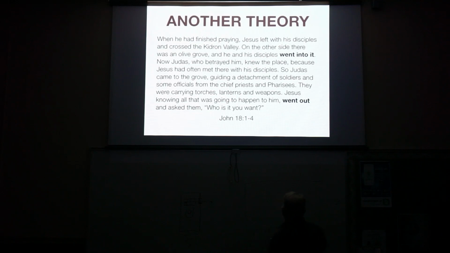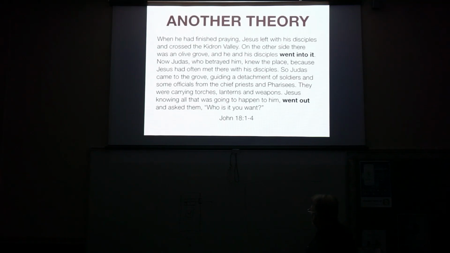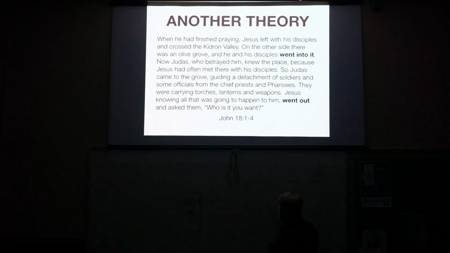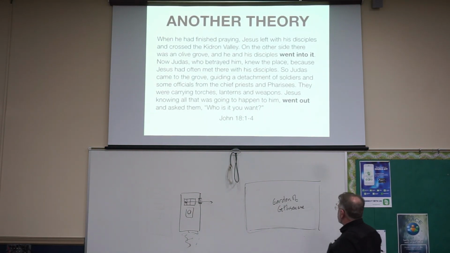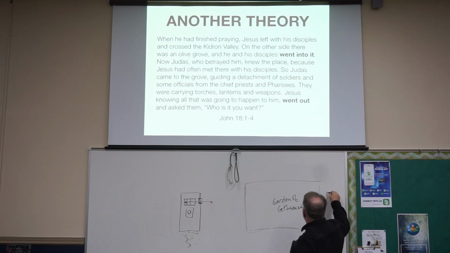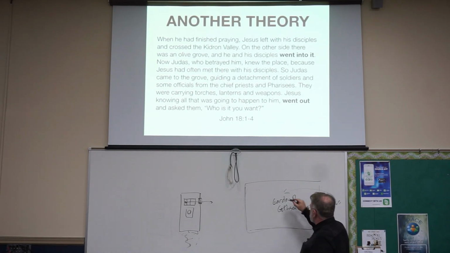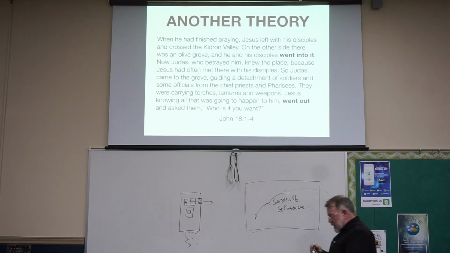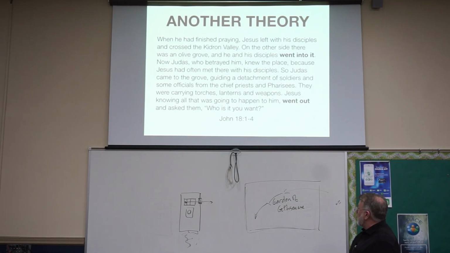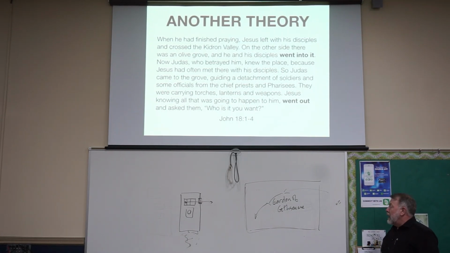And so the theory goes something like this, based on John 18. This is just a square for the sake of marking a region, but you've got this area known as the Garden of Gethsemane. It says they crossed the Kidron Valley and they went into it. And then Jesus goes a little bit further with a couple of the disciples, and then goes a little bit further, and that's where he prays. And what is poignant about this particular passage is that